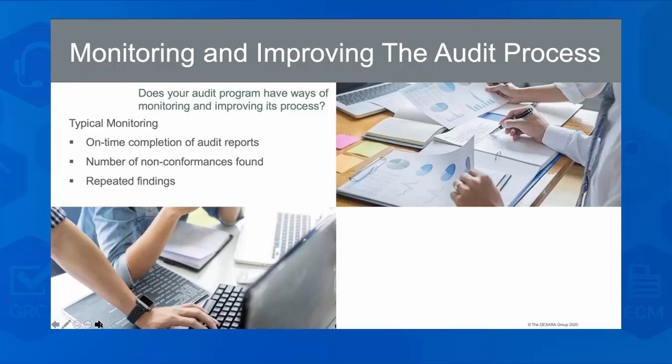Internal auditors should not be going to the auditee and saying, how do you want me to write this up? But working with their peers on what is our standard? What is our standard for what we write up? And how much evidence does it take to make something a non-conformance? Do I write up every little last nit that I find, or do I group things together and see if there's a trend? So those typical monitoring